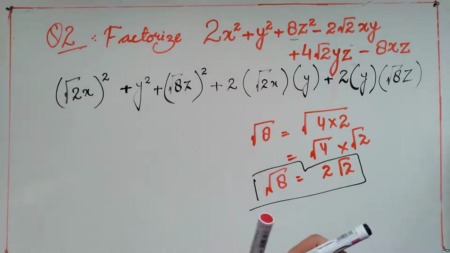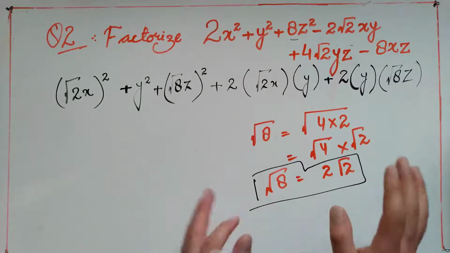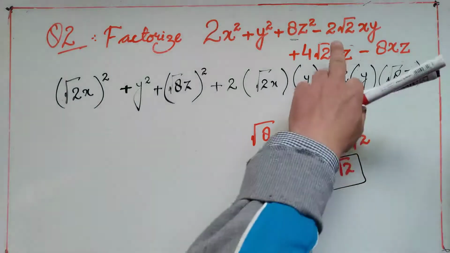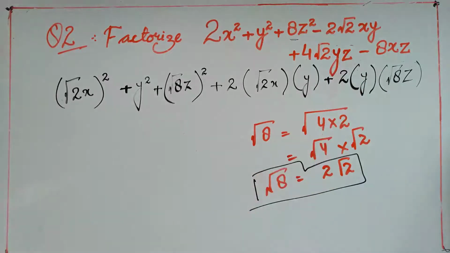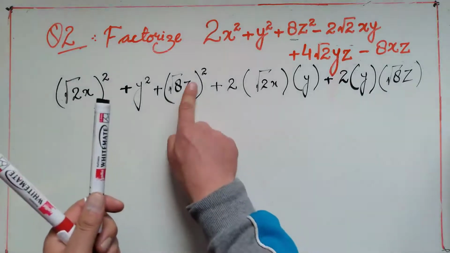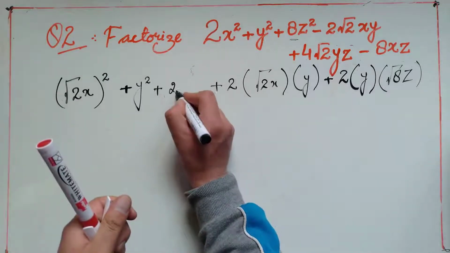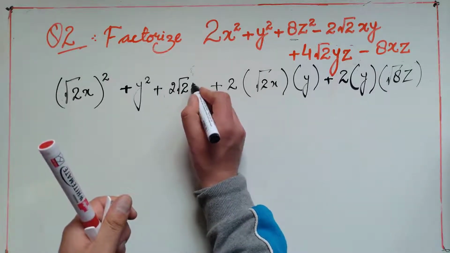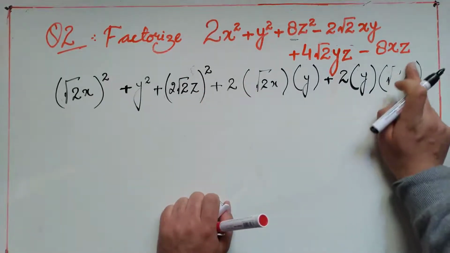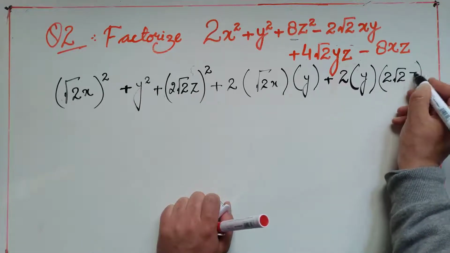Their value is exactly the same. So whether you write down root 8 or you write down 2 root 2, it is exactly writing the same thing. So what we'll do in our question, that is what he has done. He has changed the root, he has simplified it. So instead of writing root 8, we will write this as 2 root 2 and z square. So here also it will be 2 root 2 z.